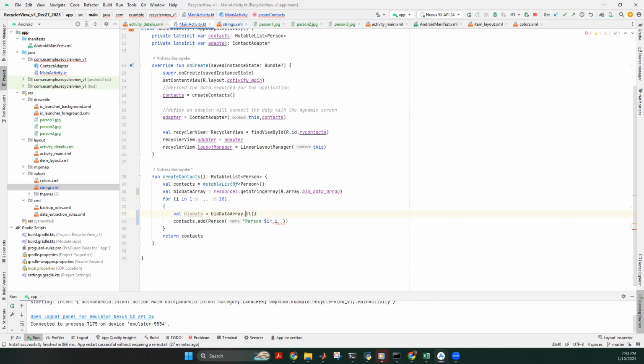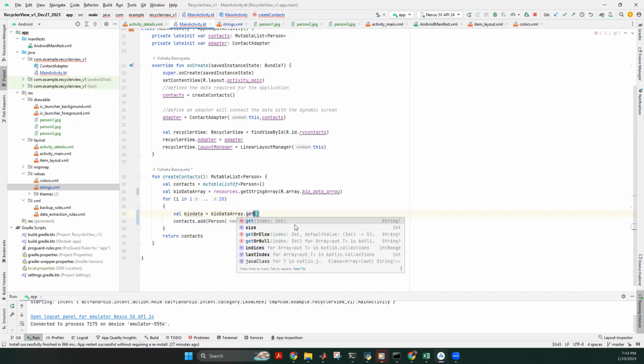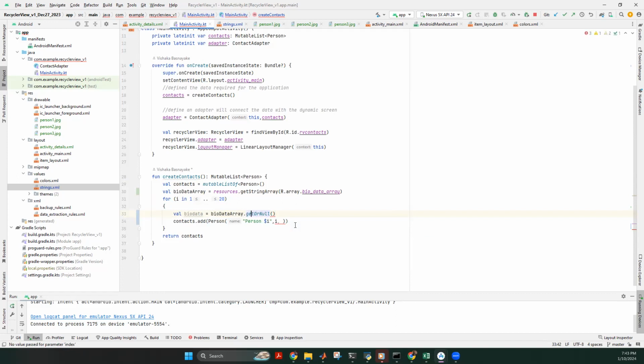There's a command called get to null, which means that the value that we get could be either a value or a null value. There could be a value there, or there might not be a value there. So if there's a value, then we have to access the i-1 index in order to get the correct biodata of each of the person that corresponds to the ith index. So in here we are taking i-1 because the indexing of the array starts from 0. We want to get the first person's biodata, we need to access the